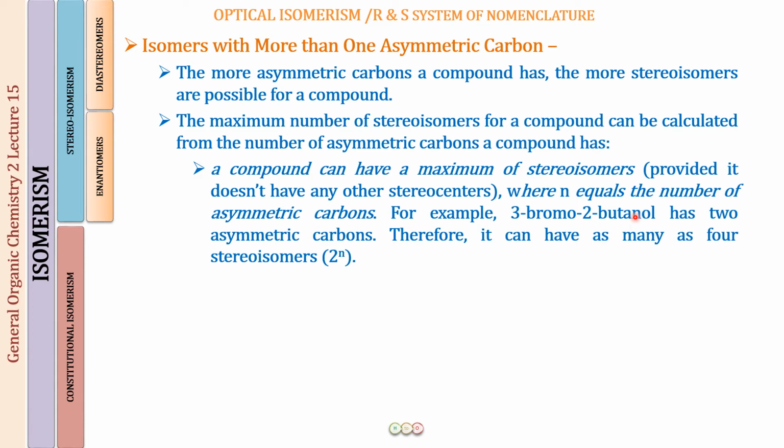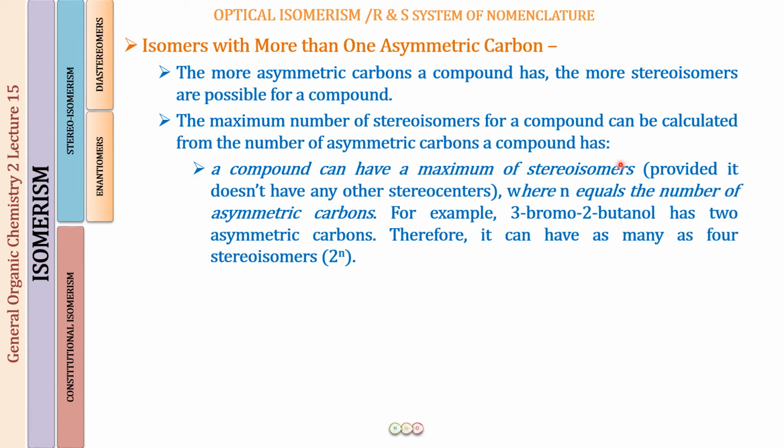One word of caution here: the number of stereoisomers can depend upon some other stereo centers also, apart from the chirality center. You have learned in the previous lectures that geometrical isomerism also results in stereoisomers, the cis and the trans forms, right? So if a compound has, along with the chirality center, a carbon-carbon double bond giving rise to cis and trans structures, then the number of stereoisomers will be more.